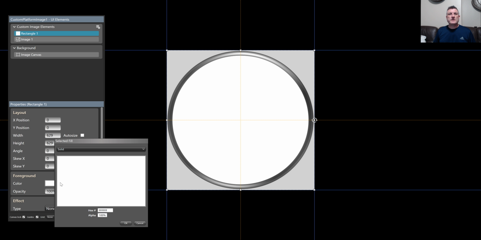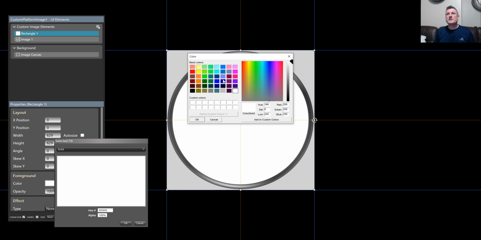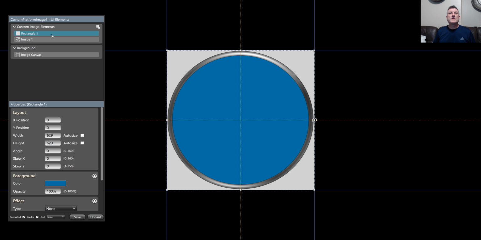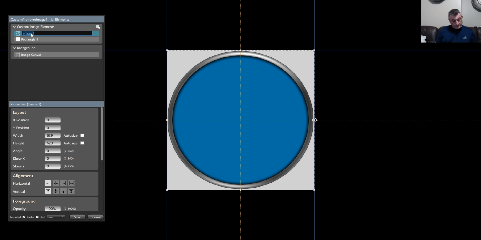Let's see, I can give it a background like so, and then I'll drop it below the ring. There you go, because I know the ring has got an inner shadow. All right,